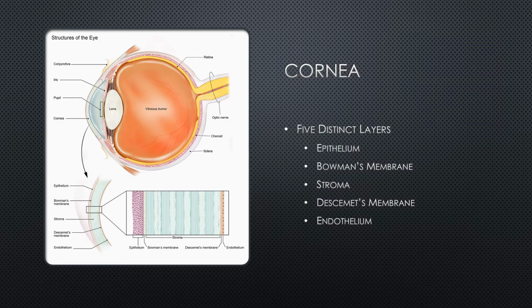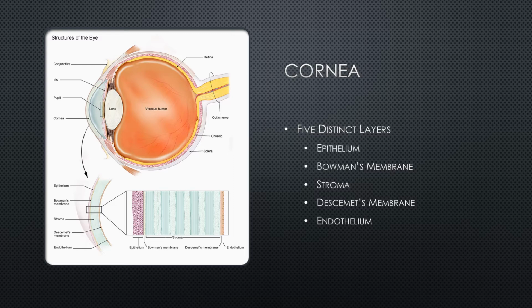The cornea has 5 distinct layers. The epithelium, or the outermost layer, is about 5 to 6 cell layers thick. The epithelium is quite capable of regenerating itself after trauma and can repair itself in about 24 hours without scarring. Below that is Bowman's membrane, the second layer. It is acellular and clear and does not regenerate, which means that if a wound is deep enough, that is